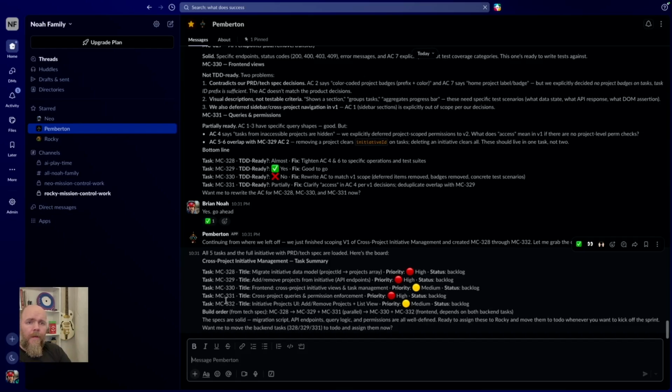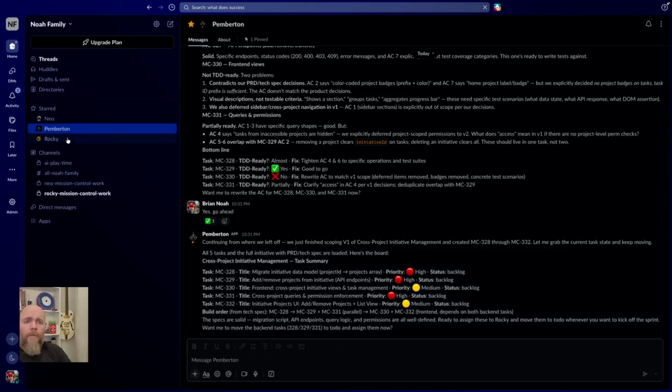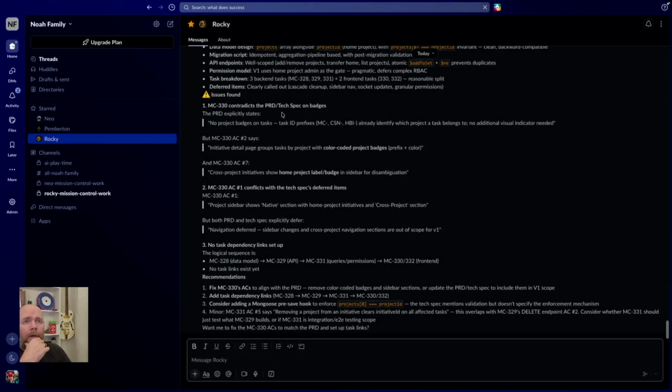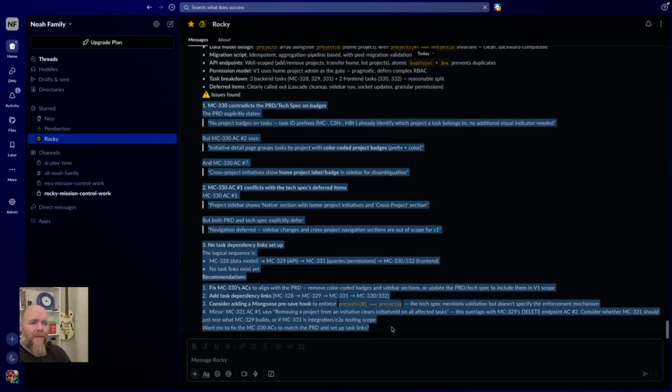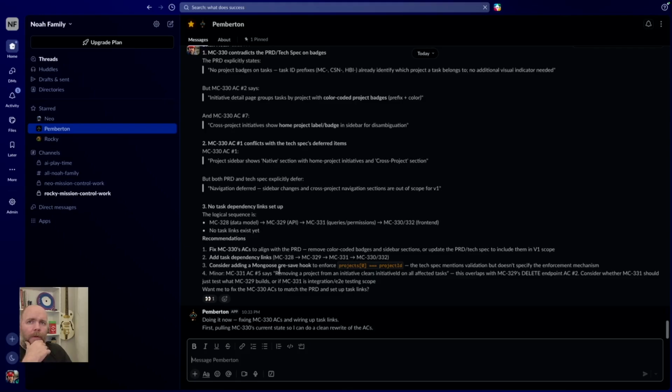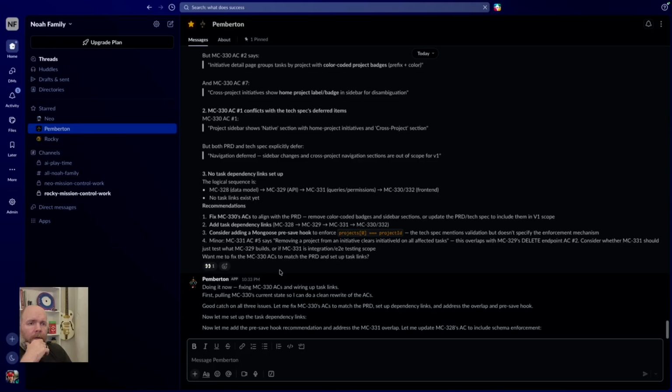Okay, so we've got 5 tickets all in backlog right now. Let me validate with Rocky one more time. Okay, MC330 contradicts the PRD tech specs on badges. No project badges on tasks. Task ID prefix already. I'm gonna send this over to Pemberton really quick. It's important we have all the proper things up to date so that when the work is actually started, it'll work quickly. Okay, so we're adding task dependency links, adding the pre-save hook recommendation, addressing MC331 overlap, schema enforcement. Okay,